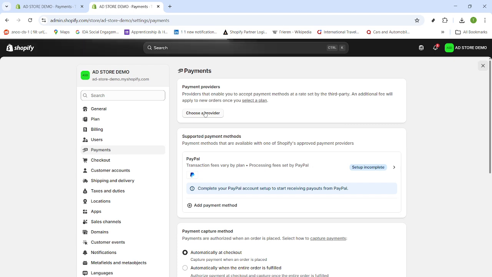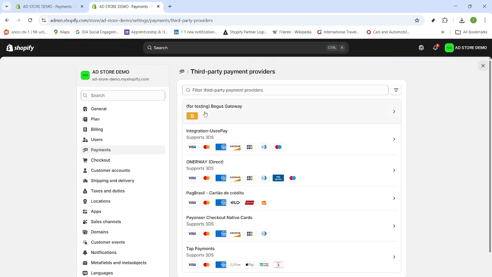That's it. You've navigated to payments, reviewed options, and installed a new provider, all within Shopify's